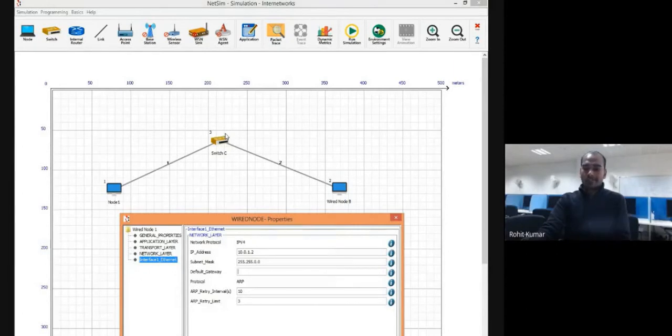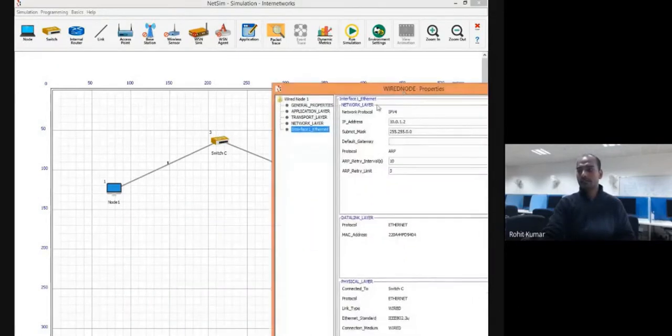So when we understand networking from a theoretical point of view, as I told you, we have the OSI layer structure and the TCP/IP layer structure. Layer 1 is the physical layer, layer 2 is the data link layer, and the third one is the IP layer. At the network layer, things are supposed to be processed in IP form, meaning every device at the network layer will have an IP address. So you need to set up the IP address related things.